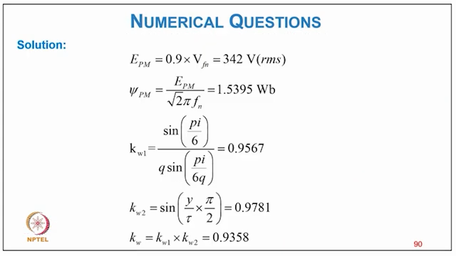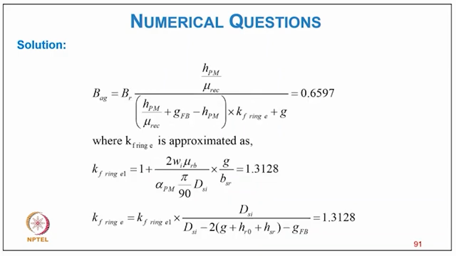Now coming to solution, EPM phase equal to 0.9 VL upon root 3, that is 342 volt, and psi PM equal to EPM under root 2 upon pi f, equal to 1.5395 Weber. KW1 equal to sin pi by 6 divided by Q sin pi upon 6Q, that is 0.9567, KW2 equal to sin y tau upon pi by 2, that's 0.9781, and KW equal to KW1 into KW2 equal to 0.9358. Now BG equal to BR upon HPM upon mu recoil divided by SPM for mu recoil G plus GFB minus SPM into KF ring plus G, that comes 0.6597,